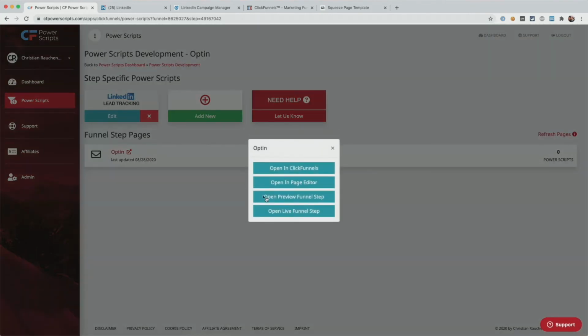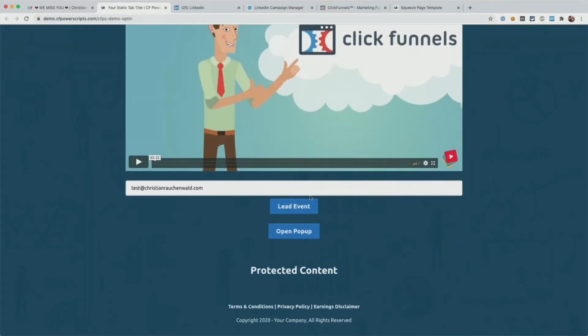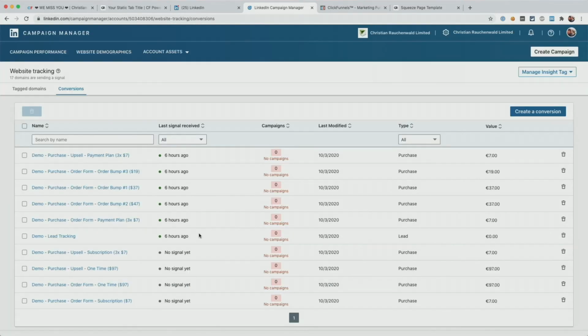And now every time somebody actually opts in on that funnel step, so the moment they submit that opt-in here, it is going to fire the conversion ID and the pixel ID as shown here, and therefore allow you proper tracking. Now, you need to click on Create to finish creating that event or that conversion. I'm not going to do that because, as you see, I already created a ton of demo conversions here.